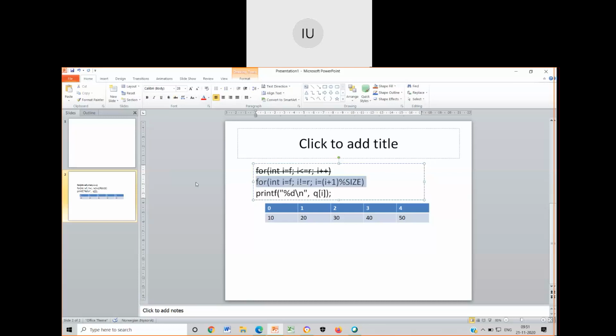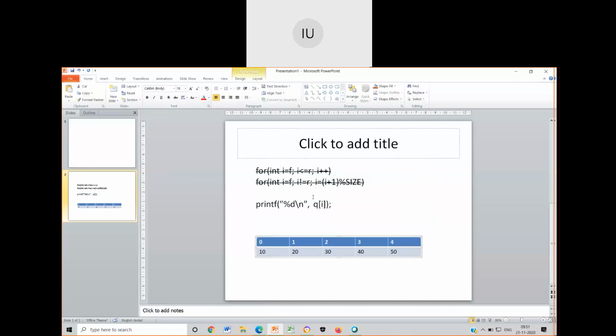Now I'll just scratch this. Let me write one more for loop: for int I equal to f. Yes. Then I not equal to rear or count not equal to 0.